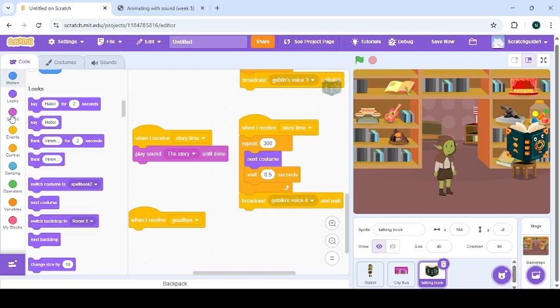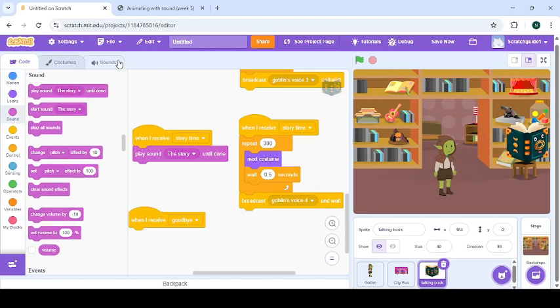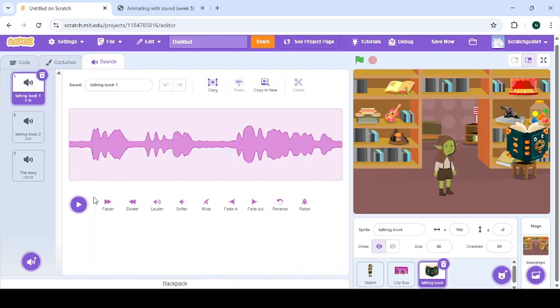It's the sound. So we'll have to go and record. Go to sounds and record. Say